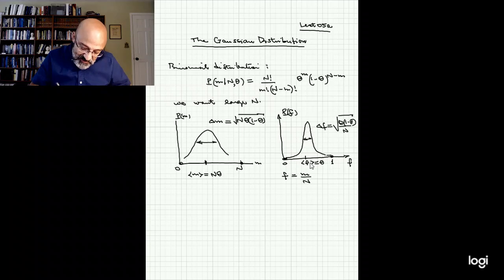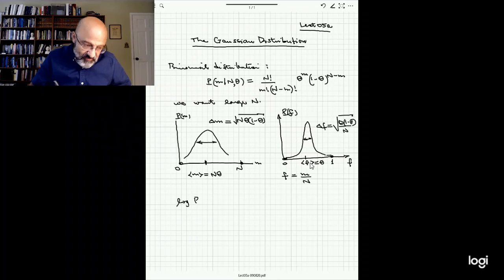So what we're going to do is take the log of p and do a Taylor expansion about the maximum. Here we have, well, I don't want to write the whole thing, but let's do it. We're going to expand about the maximum. This is going to be the log of p evaluated at the maximum